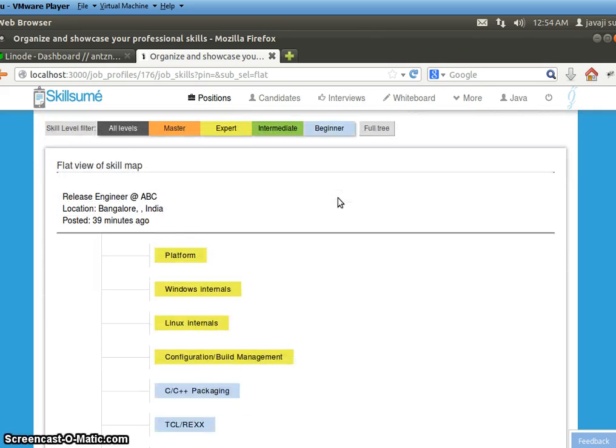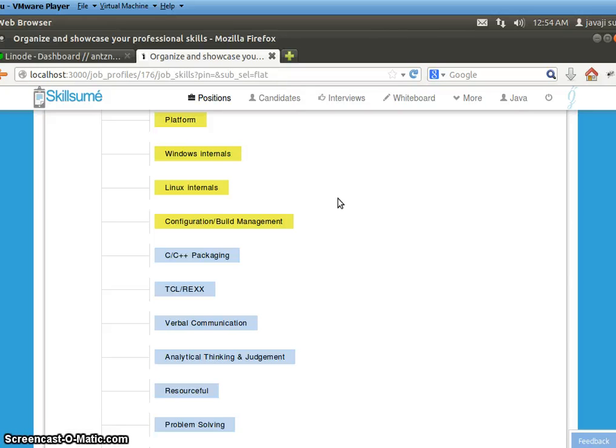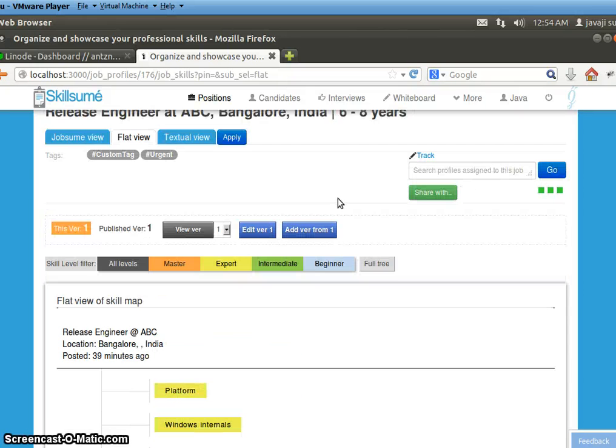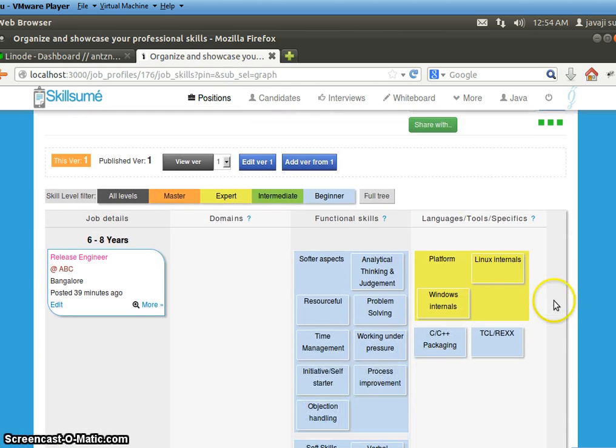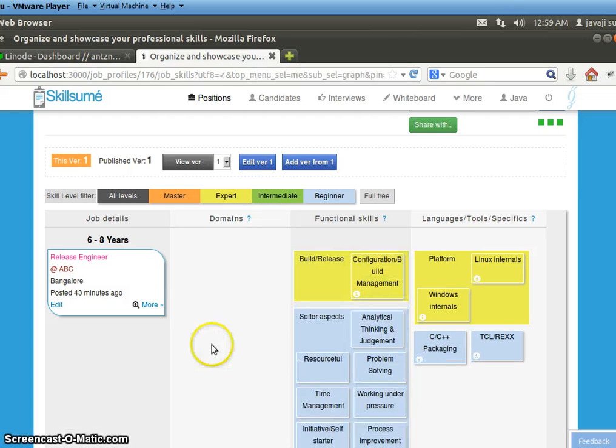Now this is how the flat view looks like. We have not added the cheat sheets here. Let us go ahead and add the cheat sheets. So I'm going to the job zoom and editing. I will edit each skill to add the cheat sheet there for reference. Once the info is attached to the desired skills, you can see that this is how it looks like.